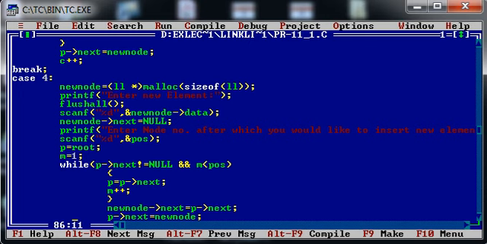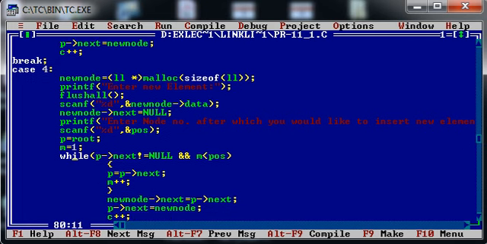In this case, we need to think like this. Let's say I have 5 nodes available in my linked list, and I would like to insert a new node after the first node. Then my position will be 1. So let us try to understand how we can insert a new node after a given node.